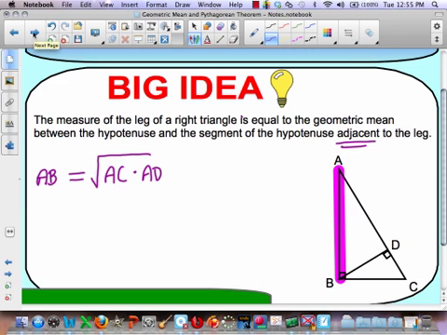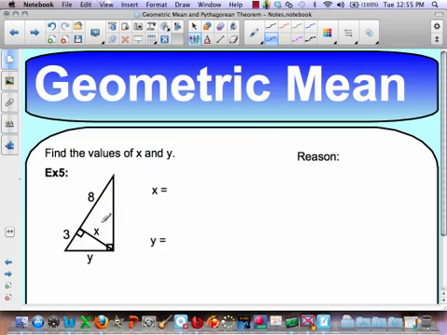So, here we go. So look at some examples. Which of these, or which of the two theorems we just talked about